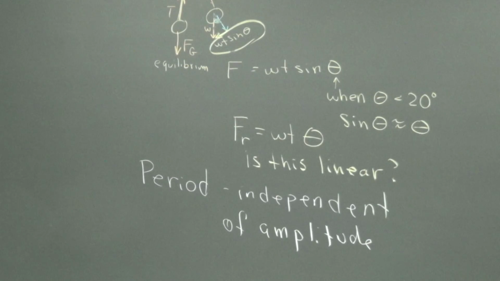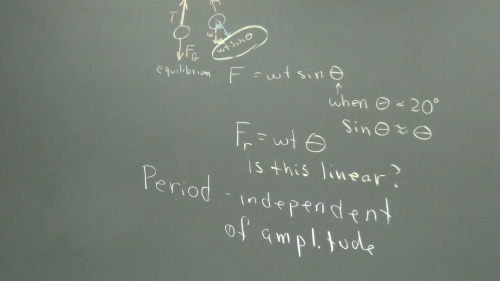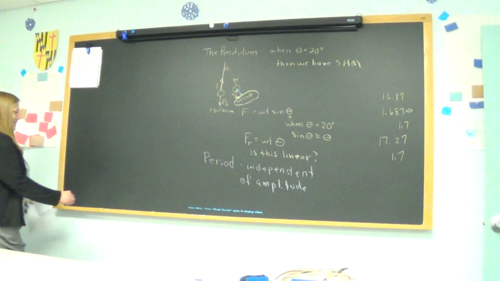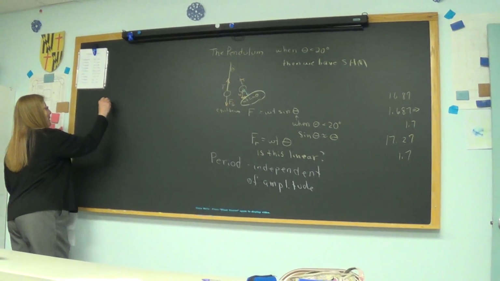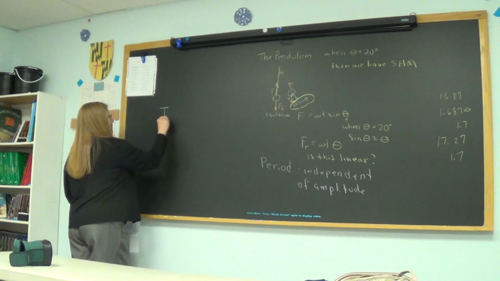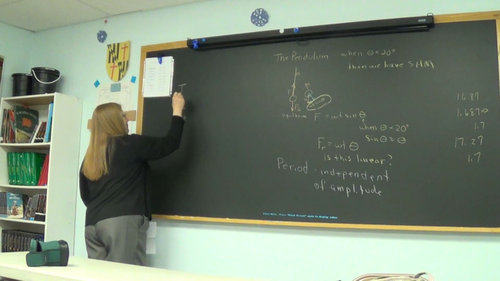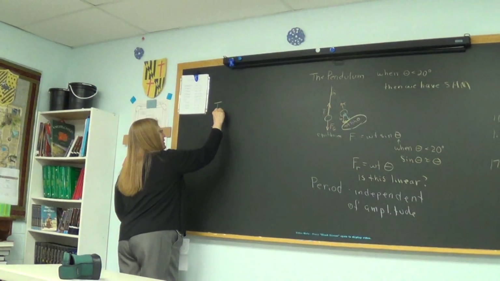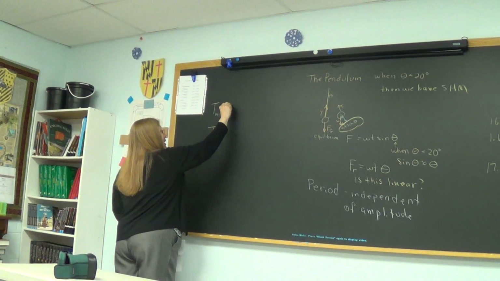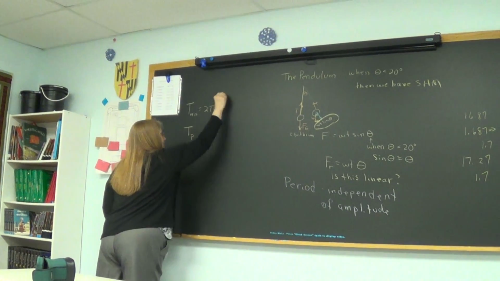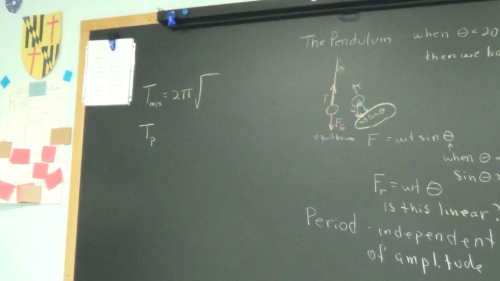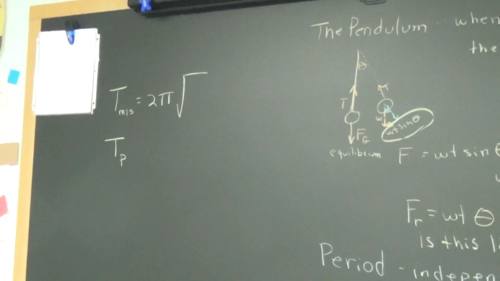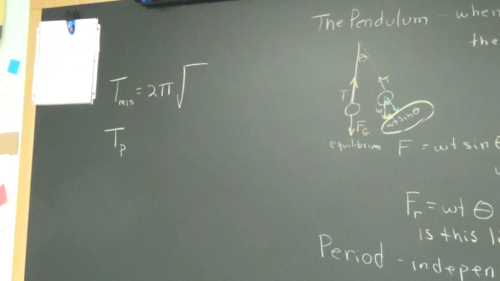Alright, so that's the basic theory of the pendulum. Let me give you the formula, which you've been waiting for. The formula for the period of a pendulum, so I'll put period of a pendulum. Here we had period of a mass spring system, and do you recall it was 2 pi times what was under the square root for the mass spring? We did problems a couple days ago on those, do you recall? M over k, it's M